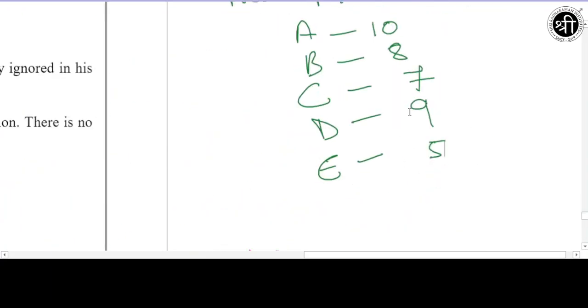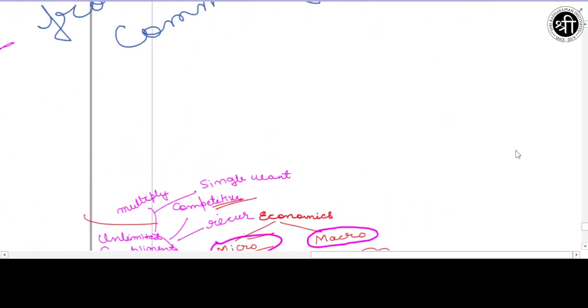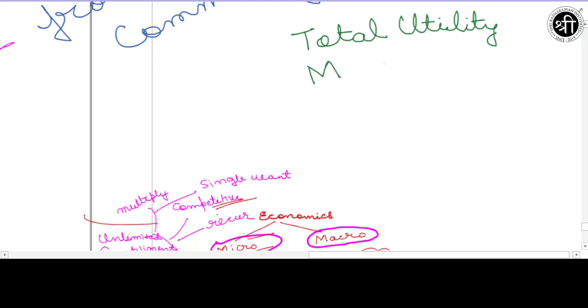so based on these, utility can be divided into two types. Utility is basically of two types. One is the total utility. Okay, one is total utility, and the next one is marginal utility. Okay,